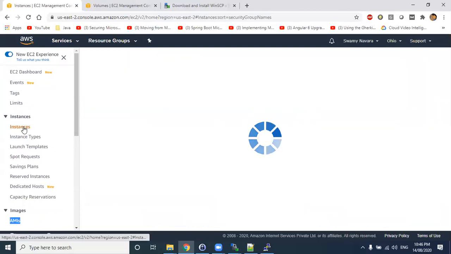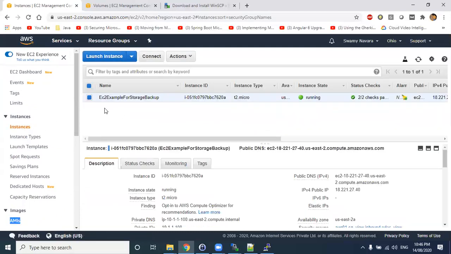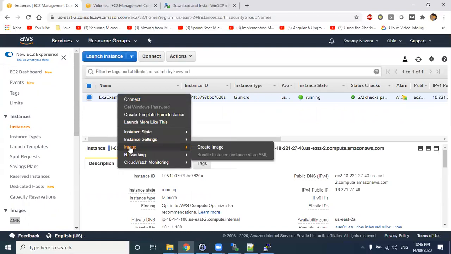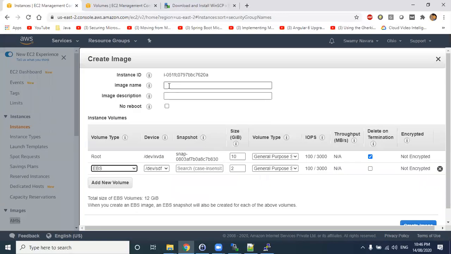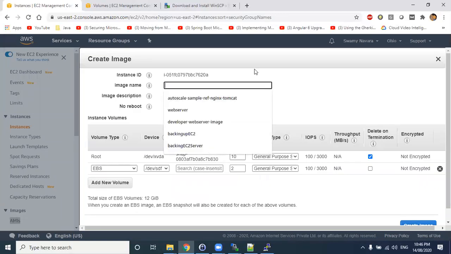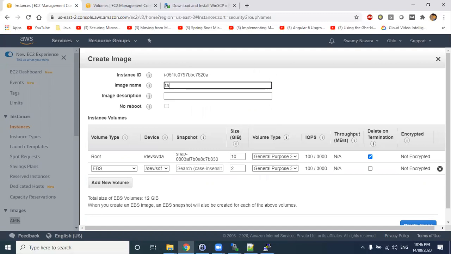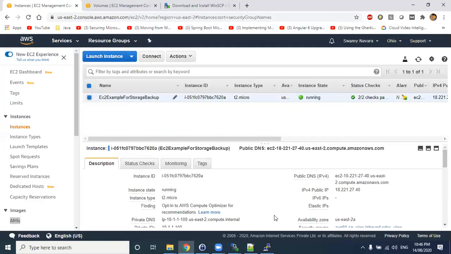So what I suggest you do is go to your instances, select your instance, right click, Image is there, create an image. Here, give the details. Before creating the image, let's do one thing. In this EC2 machine, let us install some servers, okay? So that whenever you take a backup of this image, when you deploy a new machine from this image, we will check whether that server also exists in that particular image or not, okay? That's the test we are going to do.